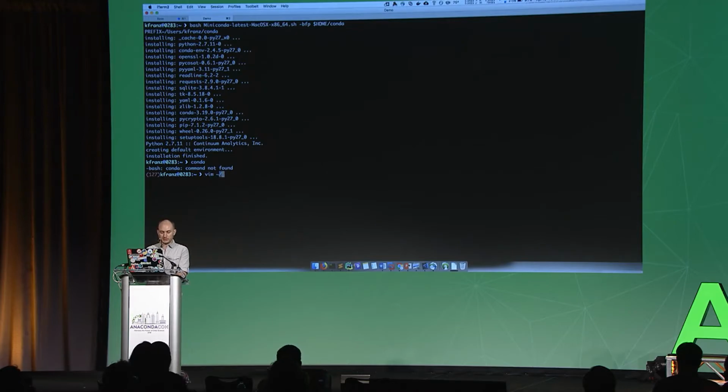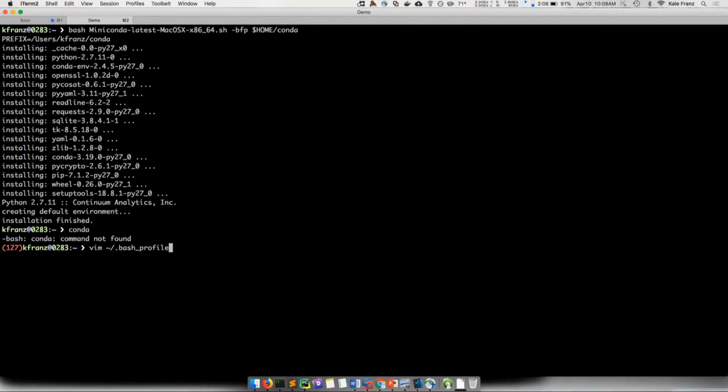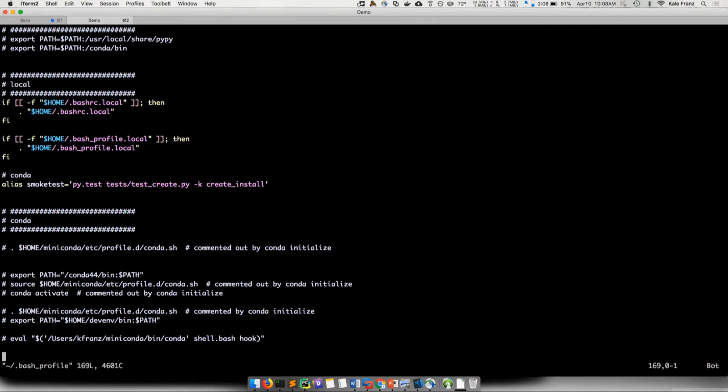And the way we always tell you to do this, or have in the past, is edit your bash configuration. It's bash profile on Mac. It's bash RC, and for most other bash shells, ZSHRC. Yeah, those are the main ones. And the way we tell you to do this is to write this little export statement, and the installer will actually do this for you if you don't do the manual install like I just showed you.